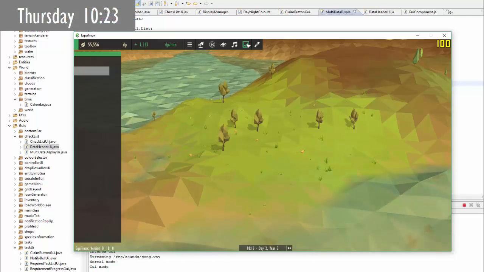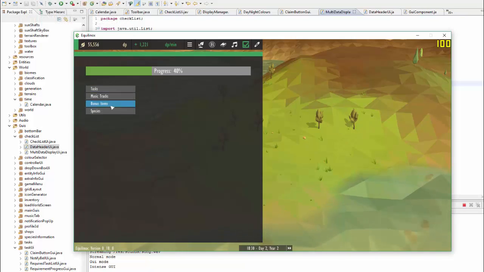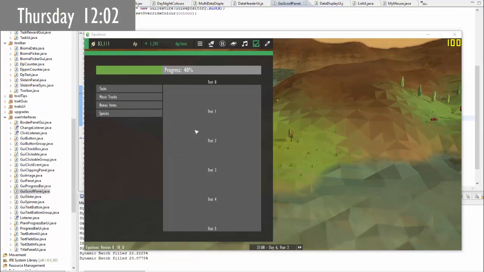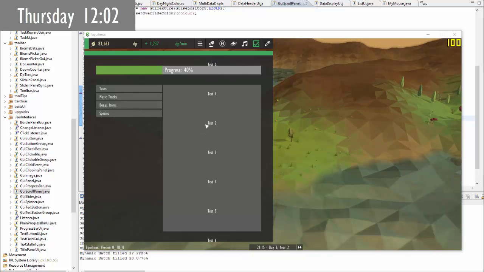Next up I've just implemented the headers, which go on the left here, and you're going to be able to select these, and at the moment you can see that I've just added a mouse over effect to them. So the next thing that I have to work on today is a scrollable panel,